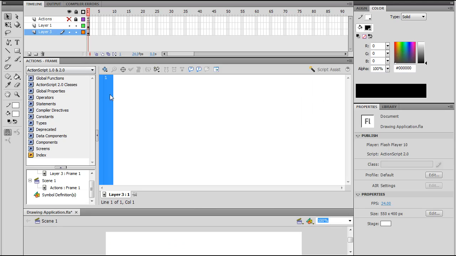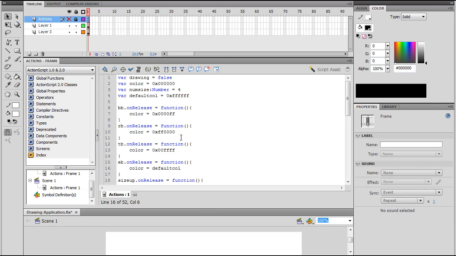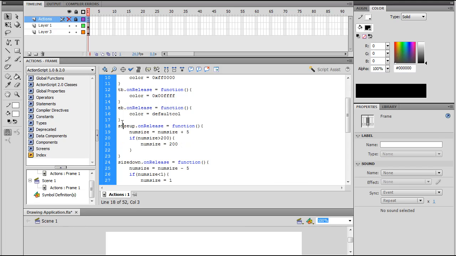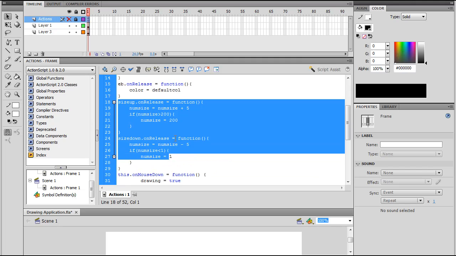Okay, so let's go back to our actions. And now that makes sense, kind of. So now we have this, and this is new. Size up dot on release and size down dot on release. Size up means it'll up the size of the actual